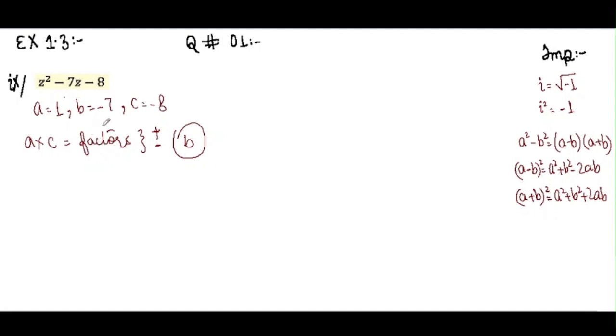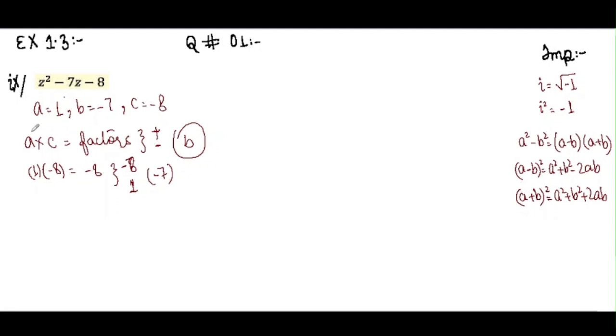Okay, for example, here it is 8 into 1, we get minus 8. So a is 1 and c is minus 8, so we get minus 8. Now their factors can be, which I want, minus 8 and 1. Minus 8 into 1 we get minus 8. Now when we add them, we are not subtracting, we are adding them. When we add both these terms, we get the b term, which is minus 7. So this is what we want to get.